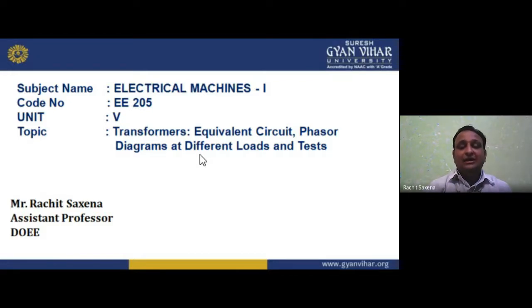Then we have the commutation process. Commutation is basically the reversal of current. So how can we improve the reversal of current with low loss? Because if the reversal of current does not take place easily, we find a spark on the carbon brush. To reduce that spark, I need a higher resistance. So higher resistance means we use brushes made of carbon instead of copper, to improve the commutation process. Secondly, we have interpoles.